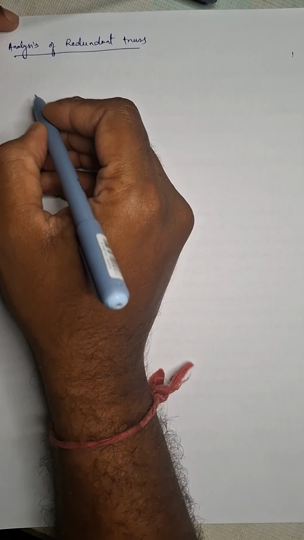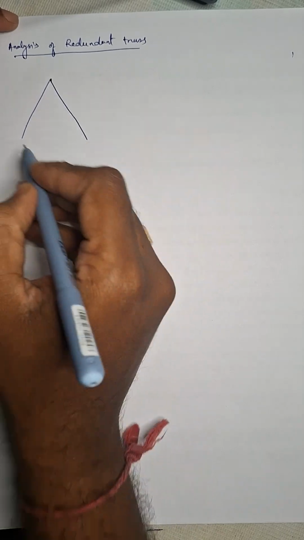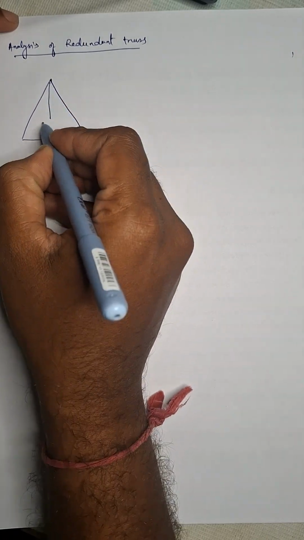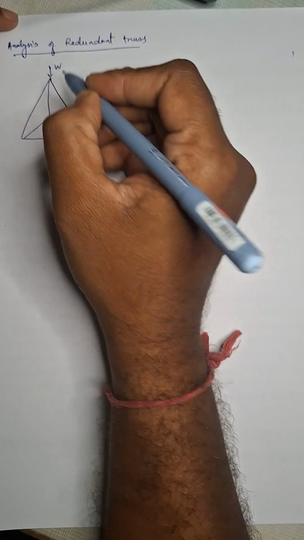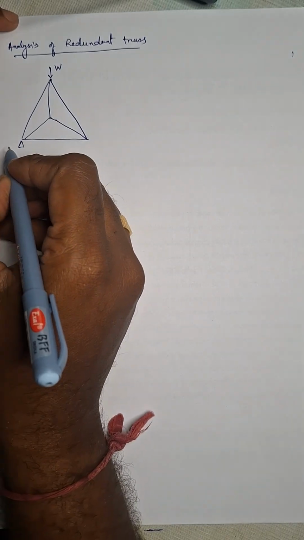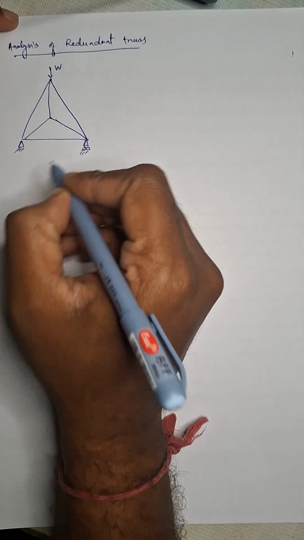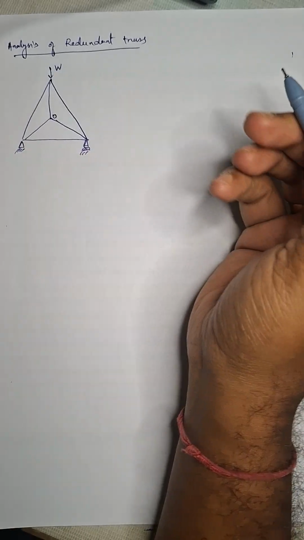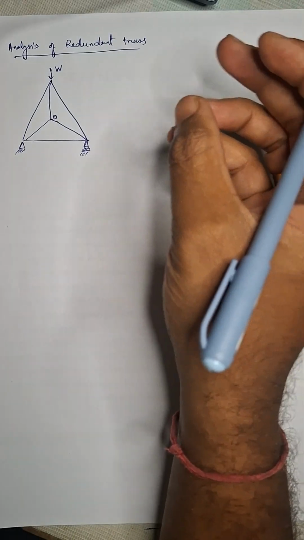Okay, so let's consider this is a statically indeterminate truss. So here an external load of W is applied and this is hinged. And this one is roller support. And let's consider this one, this is O. Due to the external loading system, let's consider the number of